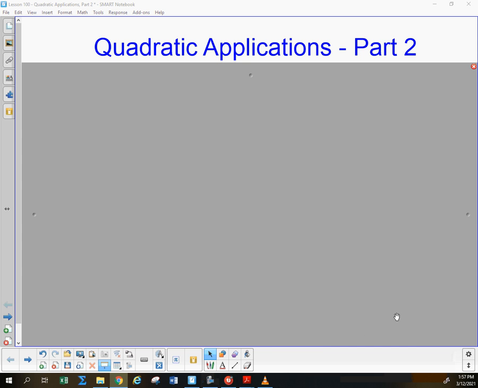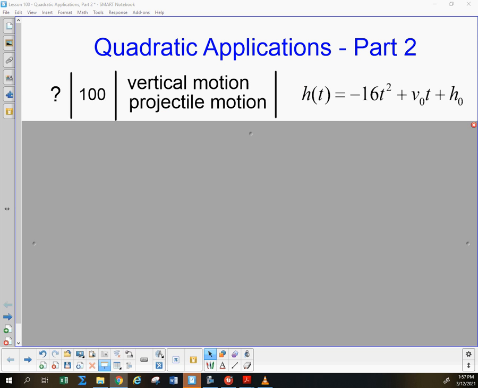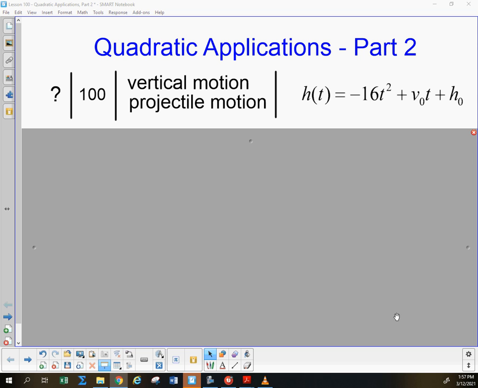Okay, the last of our 4 lessons based on lesson 100 in our book, Quadratic Applications Part 2. What we will really be focusing on today will be vertical motion, where something is thrown into the air or dropped from a certain height down towards the ground, or maybe something is shot and it goes up in the air. Vertical motion is also sometimes called projectile motion,